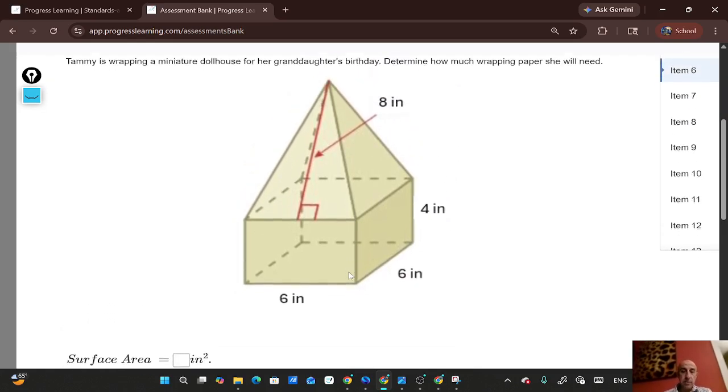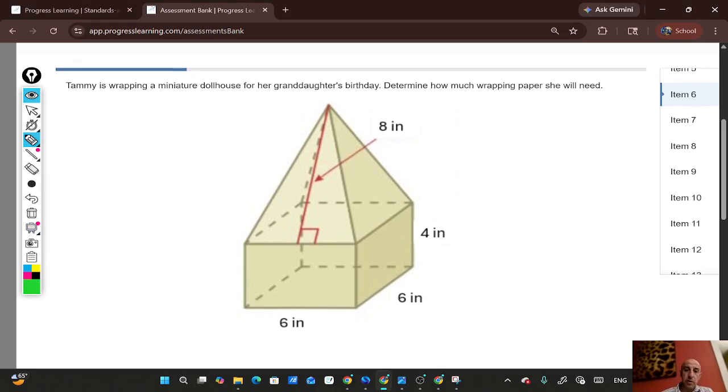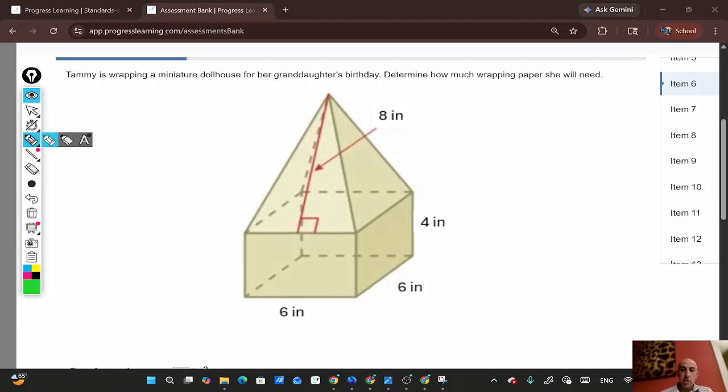We can see that this figure is composed of two three-dimensional shapes. The first one is the prism, and the prism has three dimensions. Like for example, we can see length and width. The length is 6 inches and the width is 6 inches,